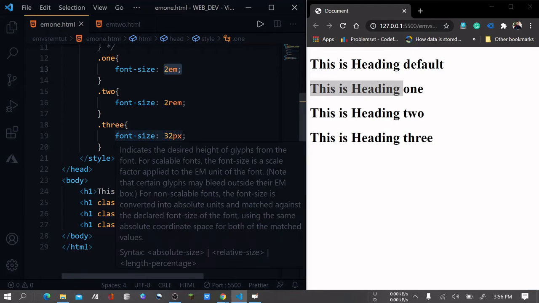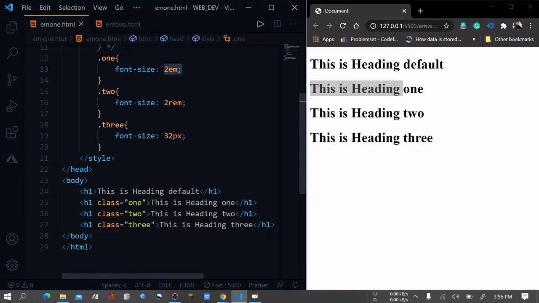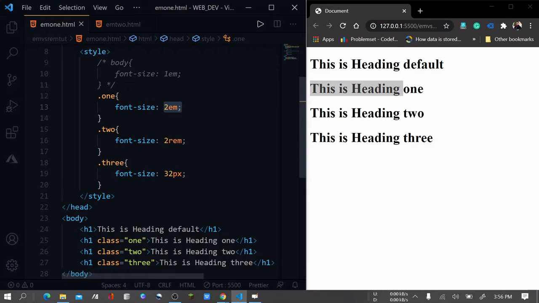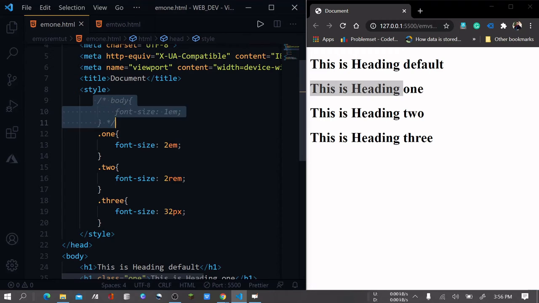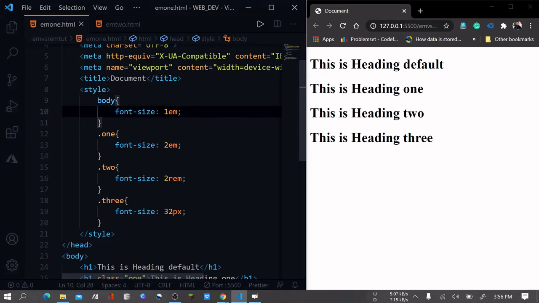Now coming forward, if I change something here, like if I set the body font size to 1em, then nothing will change. Why? The body font size is 1em, and as I have explained, em is always with respect to the parent.